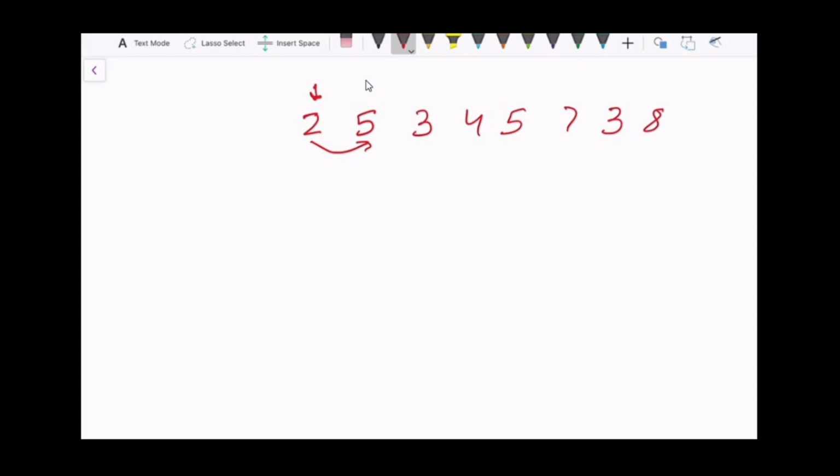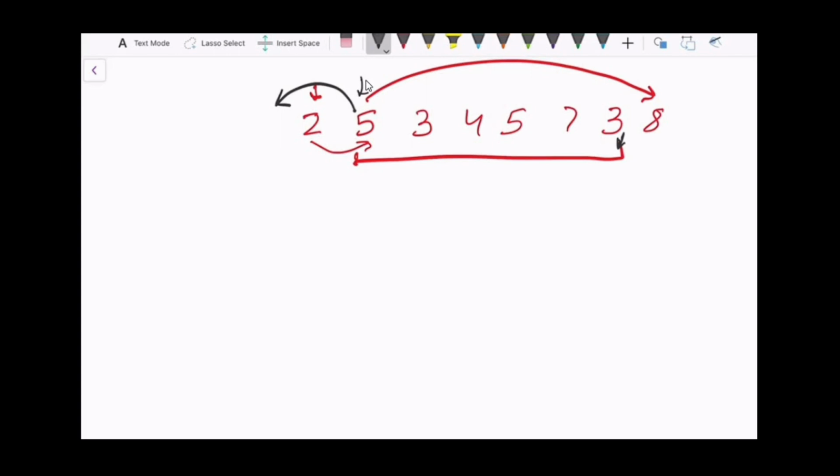So for 5, what is the first element which is greater than 5 and lies on the right? This will be 8. So I can take my right pointer as anything from here to here, because my element will be maximum. Again, I have 5 here, but notice that I said that I will take the first occurrence of 5 as maximum. So this element will be maximum even if the right pointer is here. And as for the left pointer, I'll find the element to the left which is greater than 5. Currently I don't have any element greater than 5 to the left, so my left pointer can be anything.